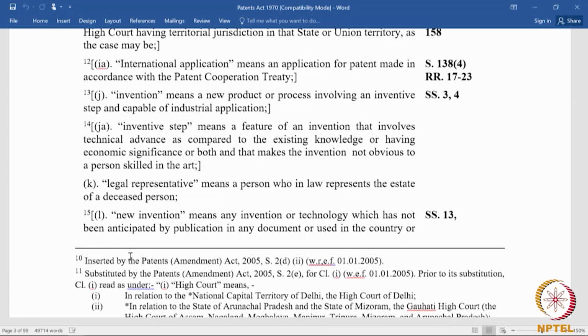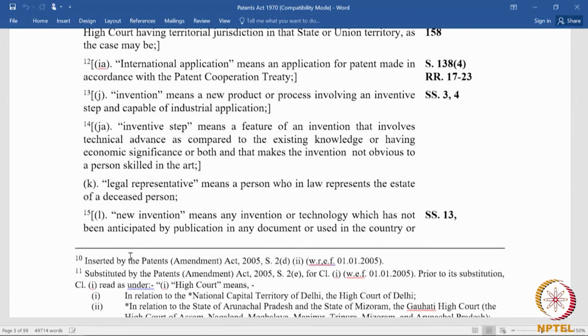We had seen the definition of invention under section 2(1)(j). Invention means a new product or process involving an inventive step and capable of industrial application. Now, we can see the three components of what constitute an invention, or the three requirements of an invention, or to put it in another way, the three ingredients of an invention, the ingredients that have to be satisfied for